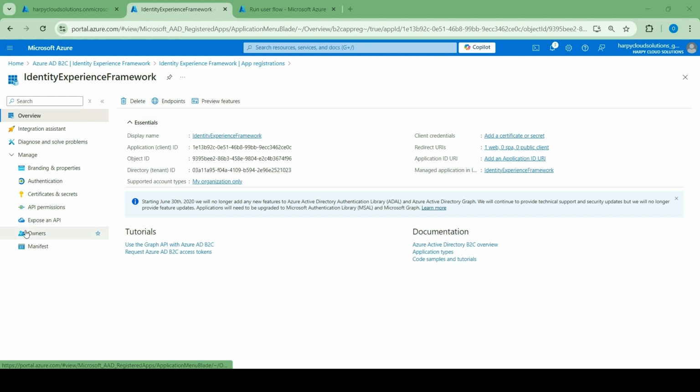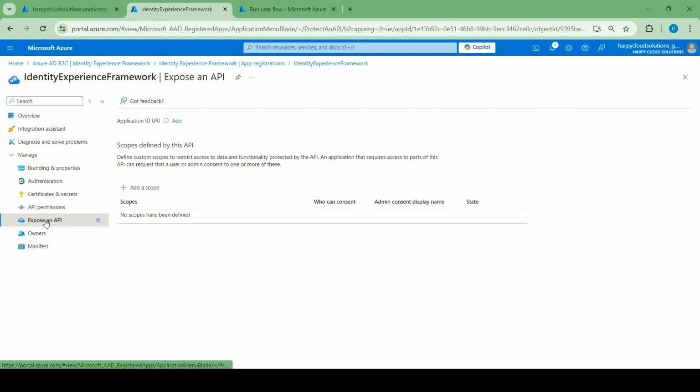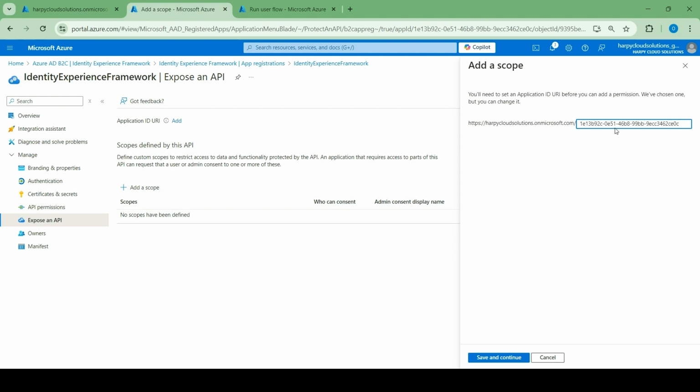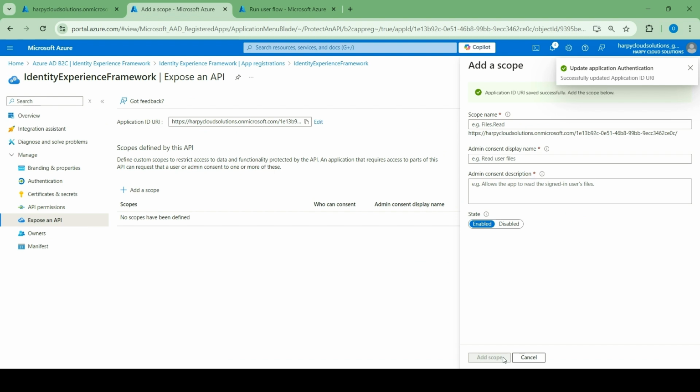But before we get there, let us expose the API. So from the manage here, click on manage, click on expose an API, and then what you do here is select add a scope. All right, use the one that is already defined here, and then click save and continue. All right, then for the scope name, you're just gonna give it a name of user underscore impersonation,